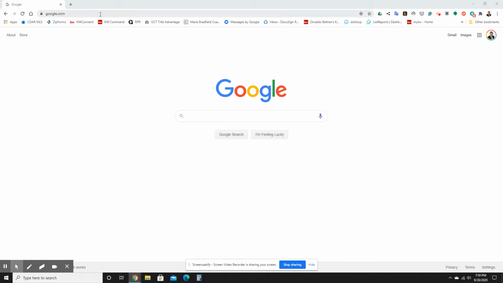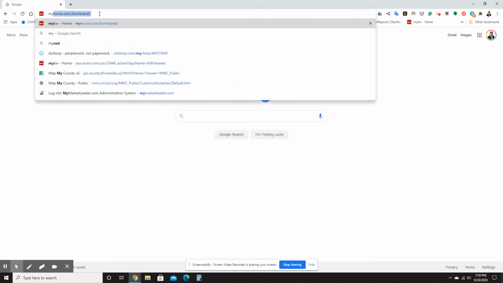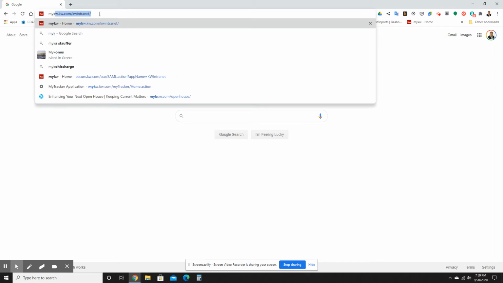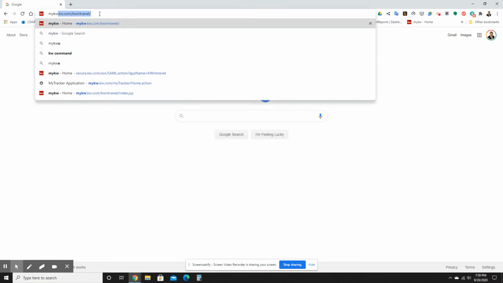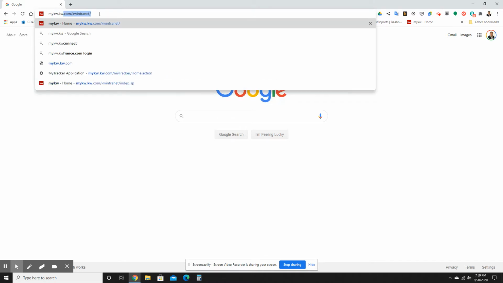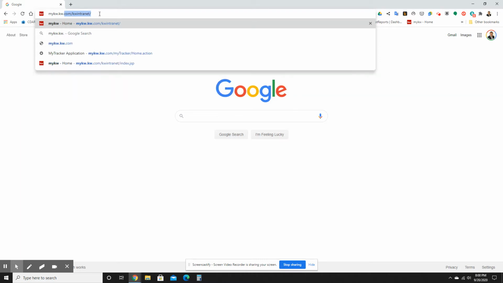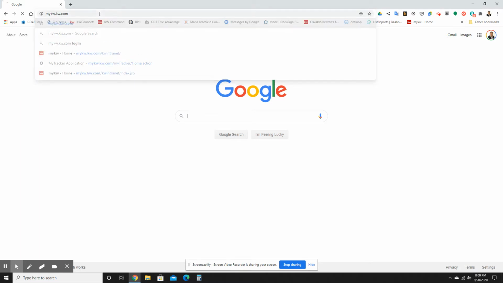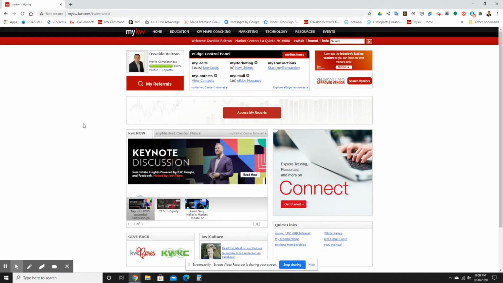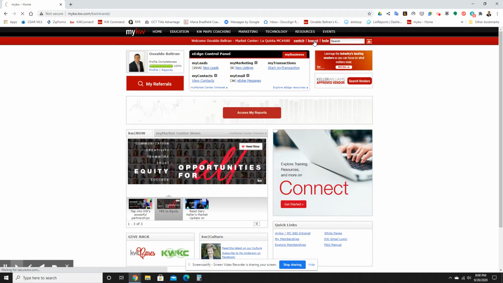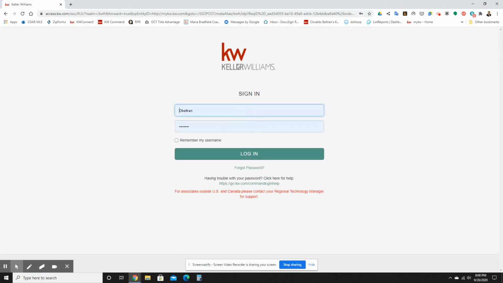And the way you actually access the checklist is, let's log into my KW. It's already auto-populated on here, but mykw.kw.com. This is going to take me to the intranet. Let me do this. That way it walks up. That's logging in. But essentially what you need to do, let's show you how it looks. So this is what you're going to see most likely. You need to enter your information, log in here,